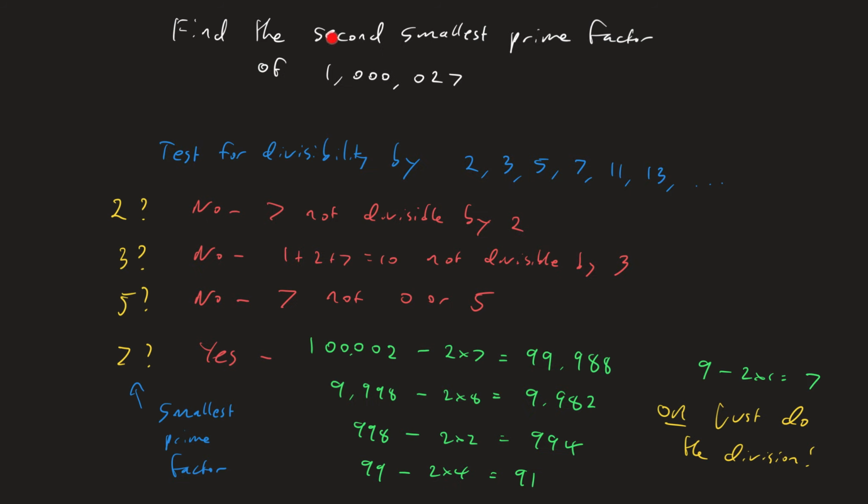Today's question is to find the second smallest prime factor of 1,027,000. All we do is test for divisibility by first 2, then 3, then 5, then 7, then 11, then 13, etc., going through our prime numbers from smallest all the way up until we find the second smallest